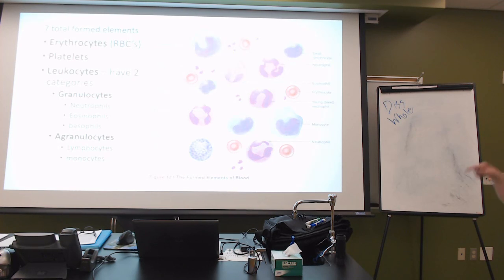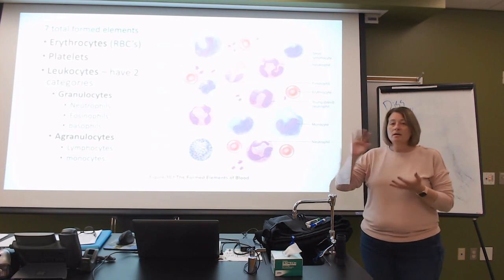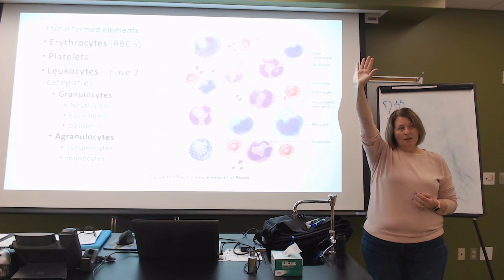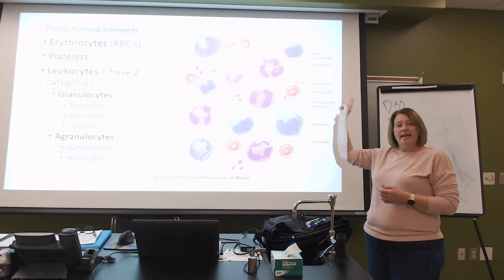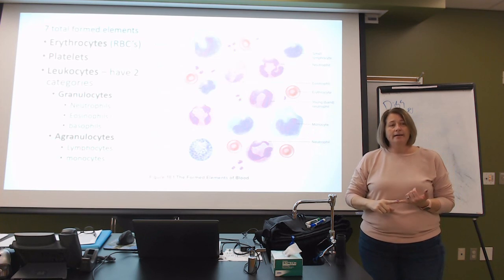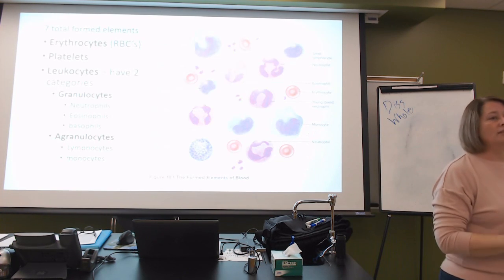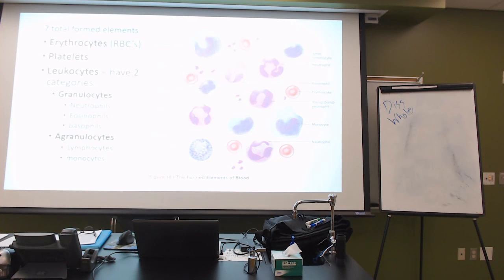But these are the white blood cells, the WBCs, okay? There are 5 of them. Now, they are identified based upon what their nucleus looks like. A mature red blood cell does